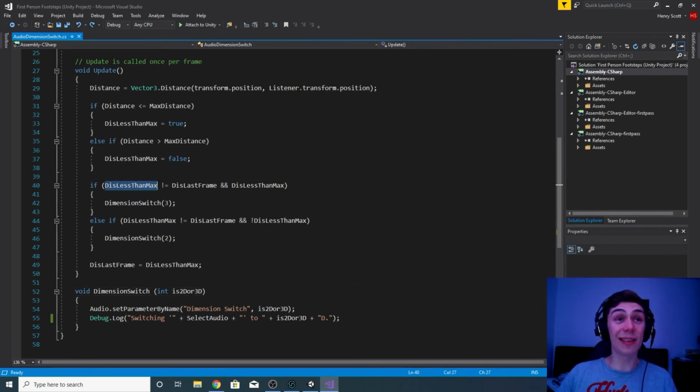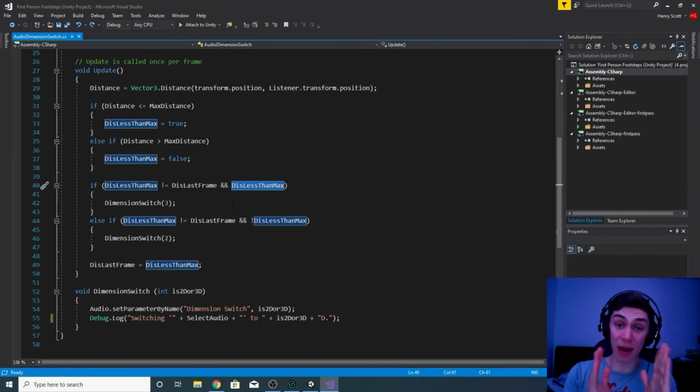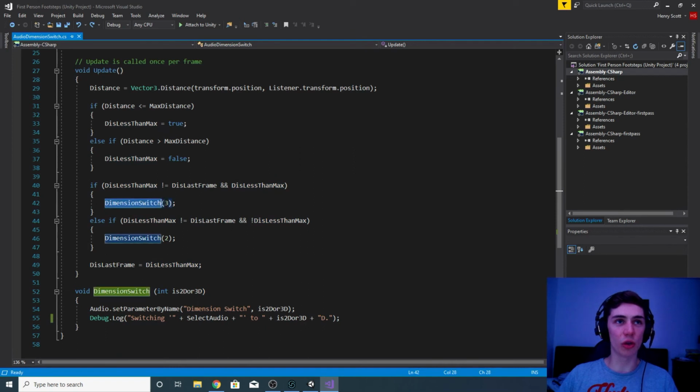So if the distance less than max variable has changed from what it was in the last frame and doesn't equal the same thing, if it's gone from true to false or false to true, then we want to check to see if it is true or false. And if it's true, which means that the player is close enough to the sound, within that range of 0 to 20, then we want to make sure our sound is 3D. So we're going to call the dimension switch function to trigger and change our parameter,